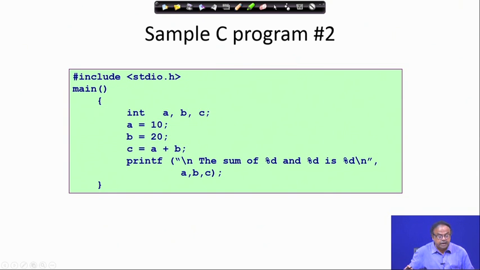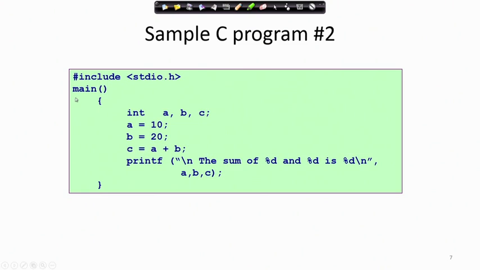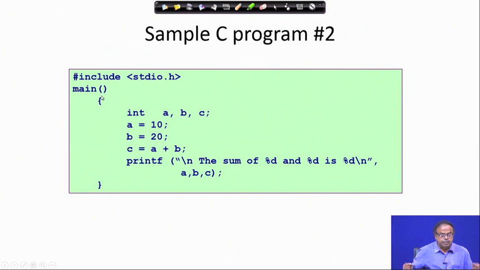Now, here is another program. Again, now it is easier to understand. You have got an include stdio.h, which has to be there for any C program. There will be a main function as is being shown here, and between these two parentheses the program should be written. This is the boundary of the main function.